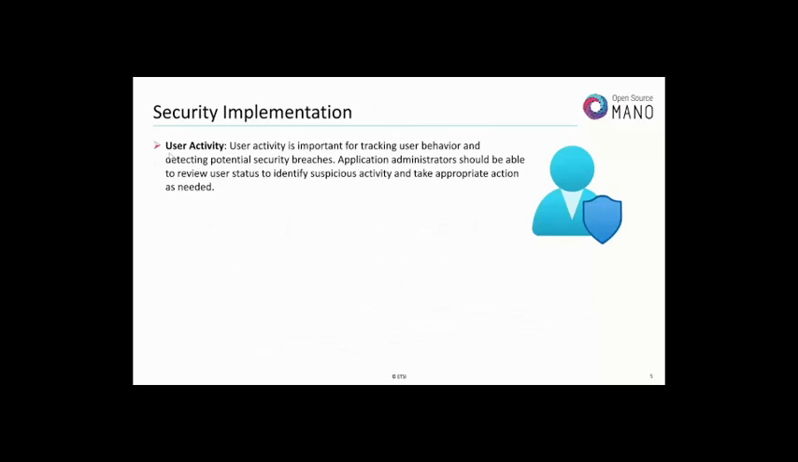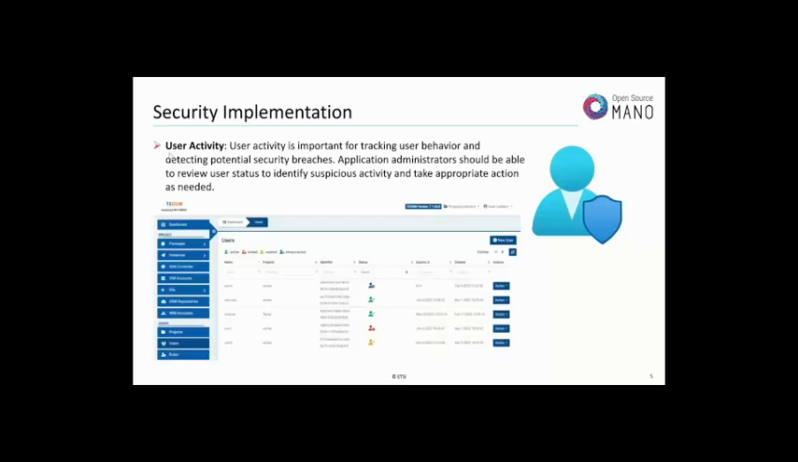On top of authentication, authorization, and RBAC, we have added something called user activity. This user activity is important for tracking user behavior and detecting potential security breaches. Application administrators should be able to review user status and identify whether there is any suspicious activity, and if there is, what appropriate actions to take. So in the TE-OSM orchestrator, this is how the user page is designed,